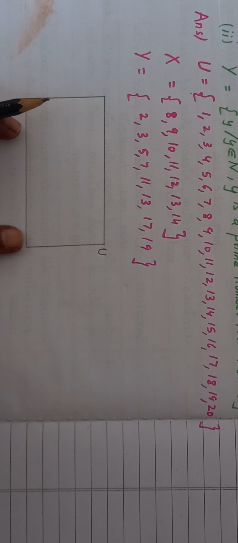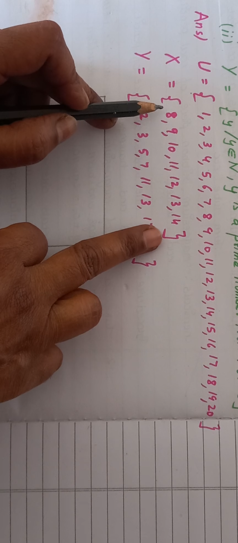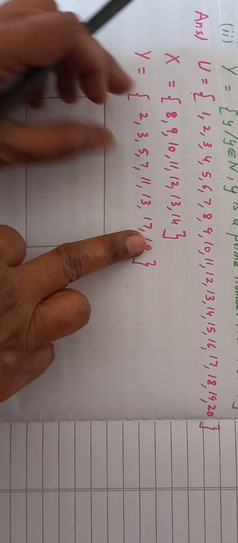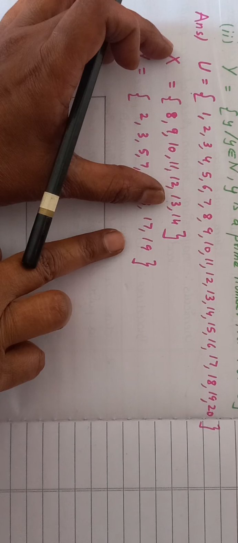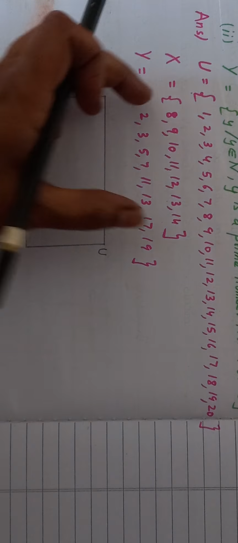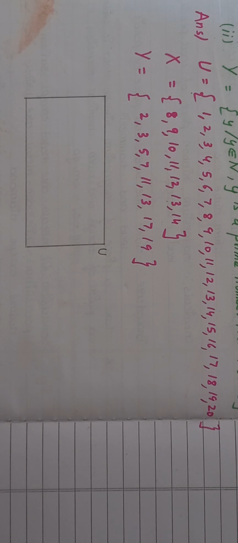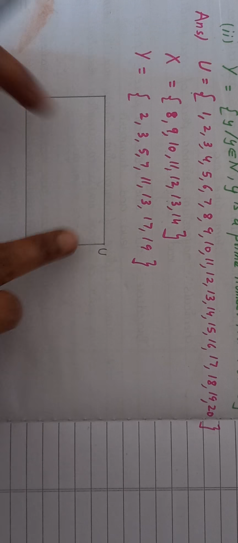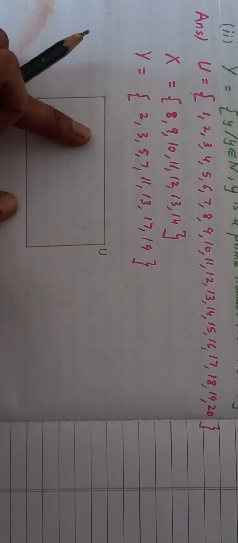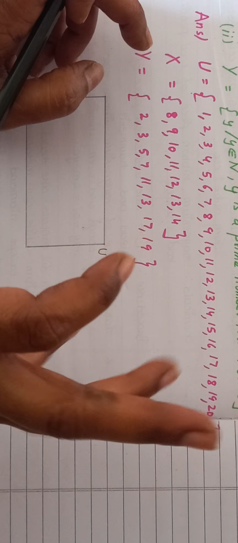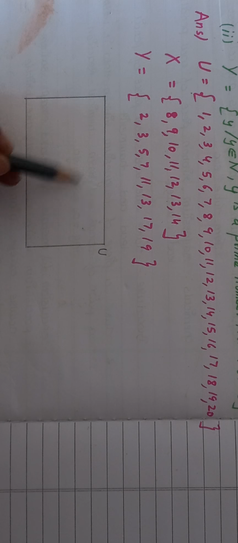Now all these numbers we are going to write in this universal set, and from that you have to take the set containing the elements 8, 9, 10, 11, 12, 13, 14. These elements should be present in set X. So if these elements have to be present in set X, I have to write them very closely. So first I will draw inside the universal set one more figure. See, the universal set is the biggest set, so all other sets are going to be a subset of it, a part of it. So they are going to be inside.